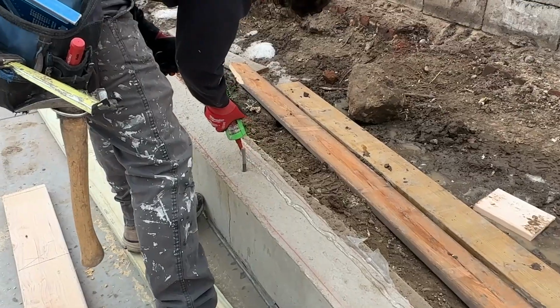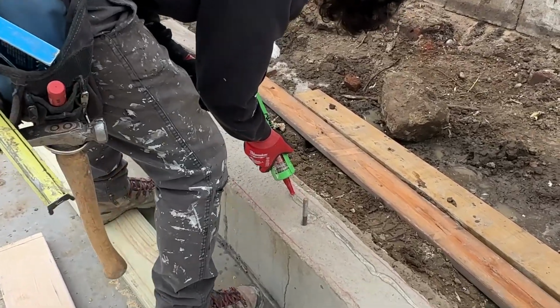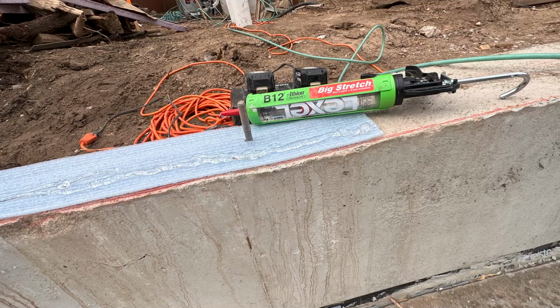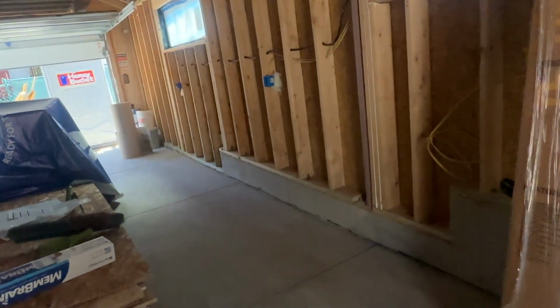So anyhow, one bead gets all along the exterior of the top of the foundation wall, and then we put the blue sill seal on top of that, and then another bead on the inside on top of the sill seal before you put your bottom plate down. So that's got a whole perfect air seal